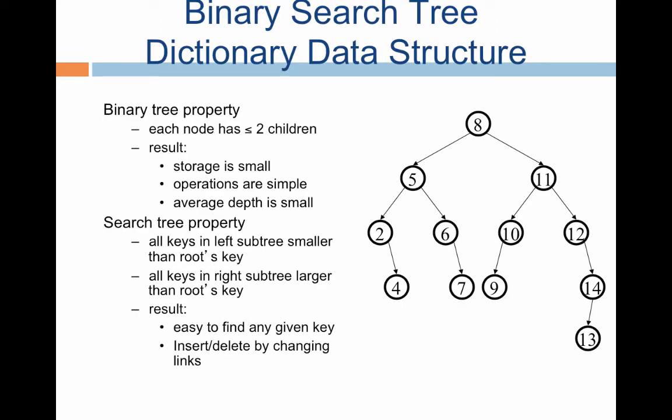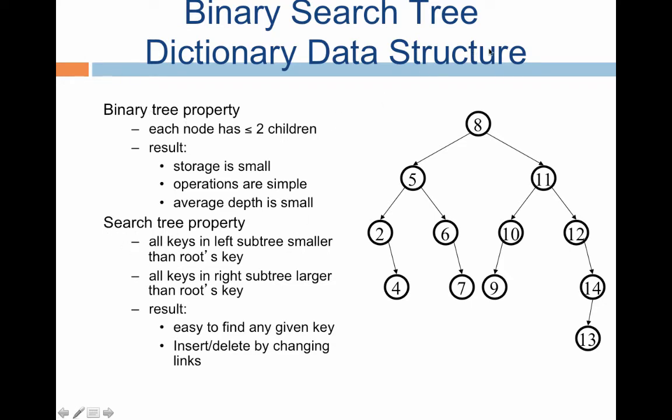So here is the binary tree data type, or a modification of the binary tree data type, that we will use to implement our abstract data type called the dictionary, which we saw for a few minutes just now. So let us move away from the dictionary data structure and just focus on the binary search tree. What is a binary search tree? A binary search tree is first of all a data structure. Secondly, it has two properties: it has a binary tree property and it has the search tree property.